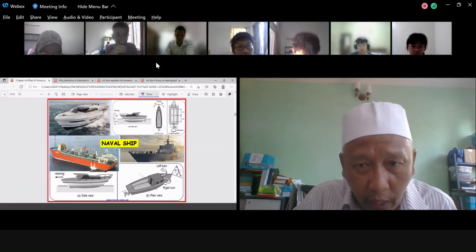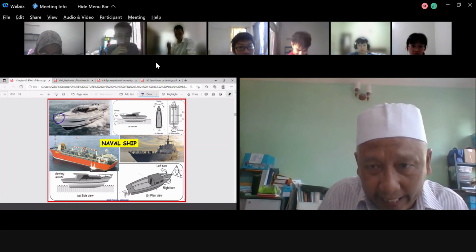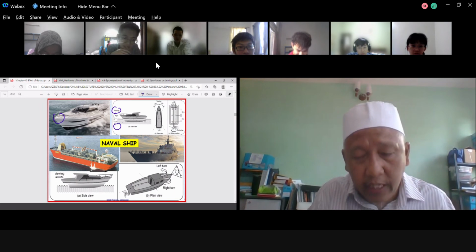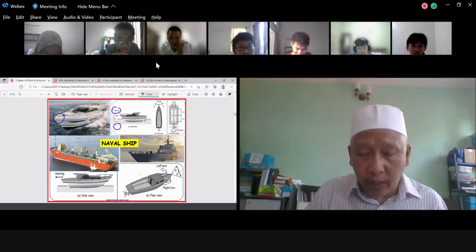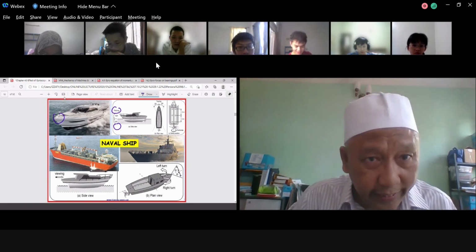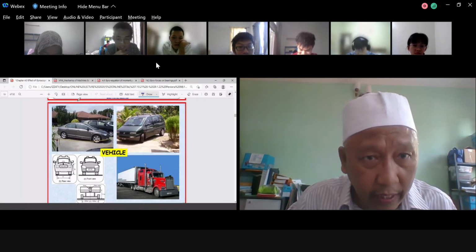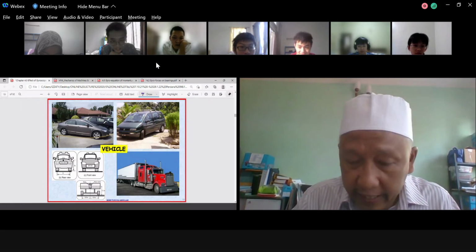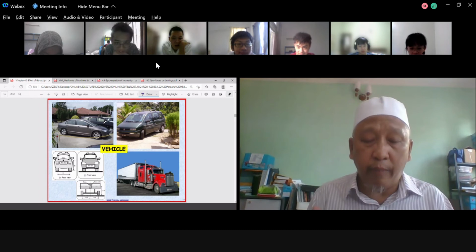Here you have a boat: when the bow is ascending, it can also descend. Then this one is ascending, pitching up, descending, pitching down, turning to left, turning to right. Then you have a roll a bit clockwise, roll a bit counterclockwise. Okay, that is maybe the thing that we're going to talk about in a couple of days or a couple of weeks. Vehicle, like I mentioned earlier, you drive. While driving, you hit a pothole.